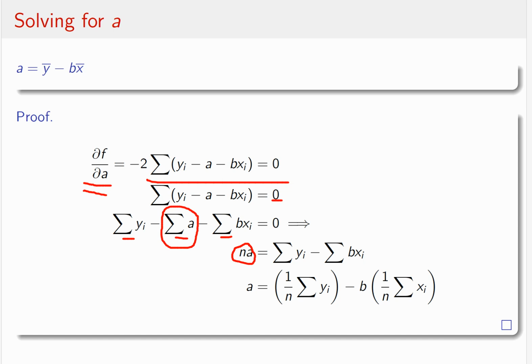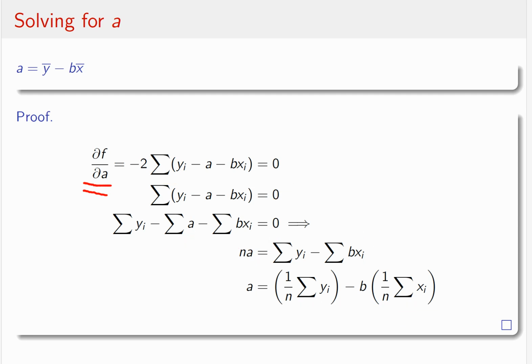So na equals these two. We subtract them over to the other side and then divide through by n. Oh, and that's interesting. Why? Because this is the average of the y values, and this is the average of the x values inside the parentheses, right? So we have verified that formula,